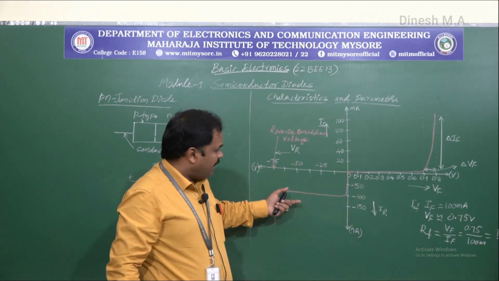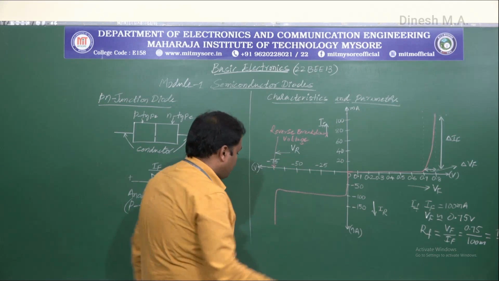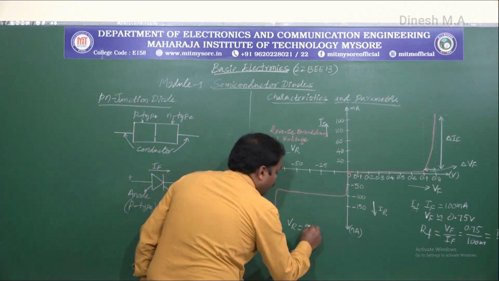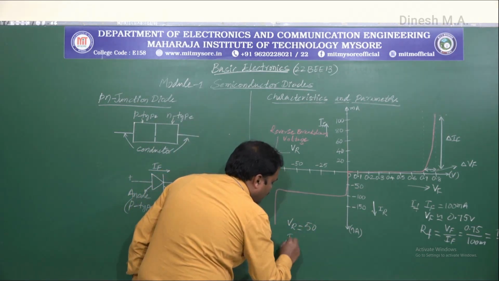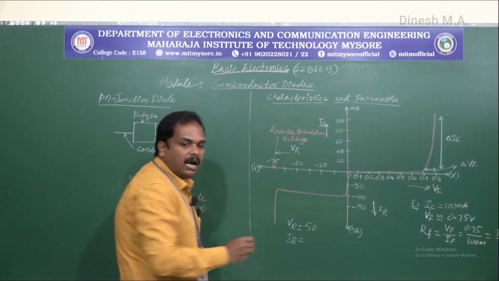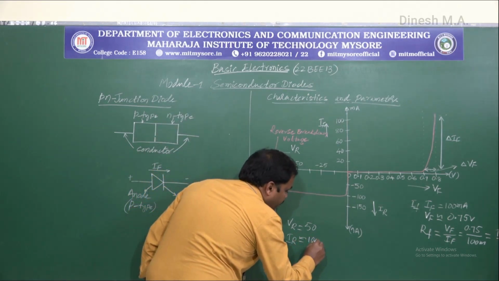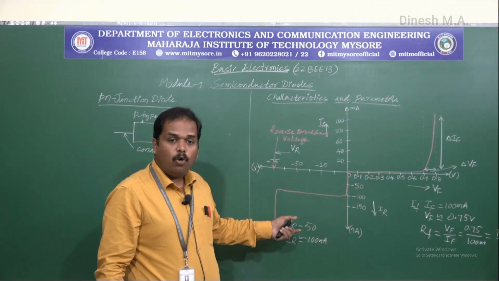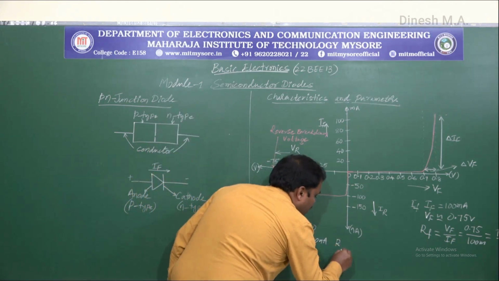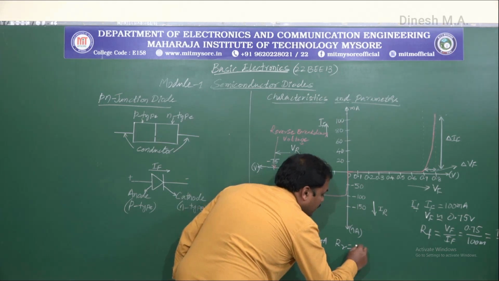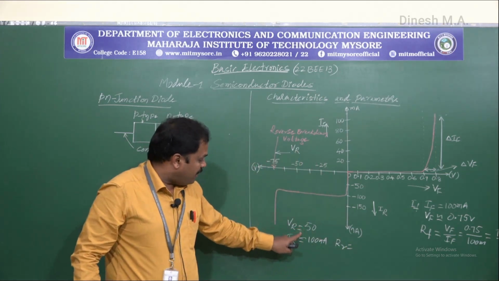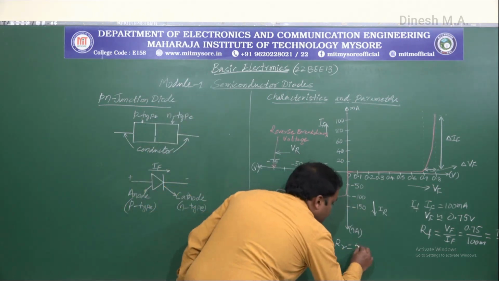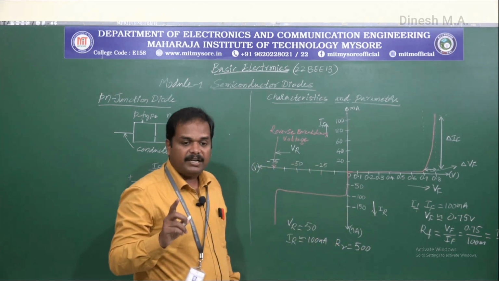ohms. Whereas in the reverse characteristics, if we consider something like VR equal to 50 volts and IR as 100 nanoamperes approximately. So using these values with Ohm's law, this would give us RR of about, substitute VR and IR in the equation there, VR by IR, this gives us 500